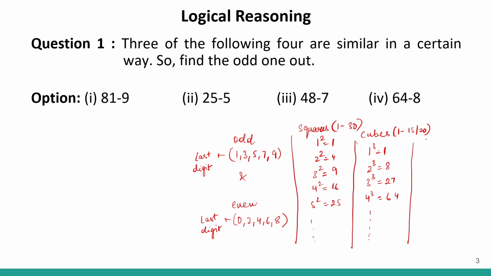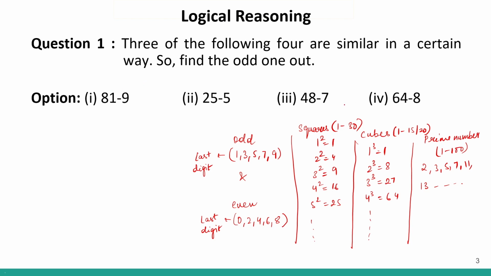Then you should remember what are the prime numbers. Prime numbers basically at least 1 to 100. So prime numbers are what? 2, 3, 5, 7, 11, 13, and so on. So these are your prime numbers. So this much information you should know, you should memorize. Okay. Now let us look at this question.